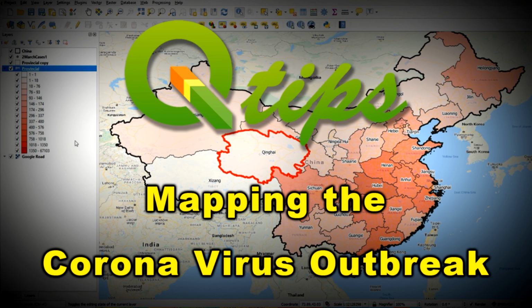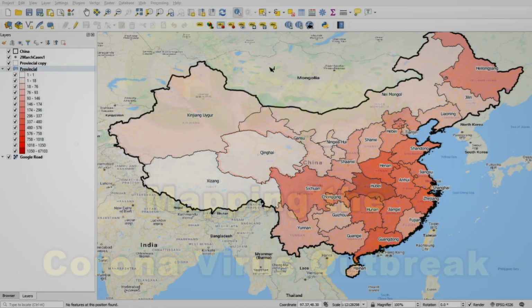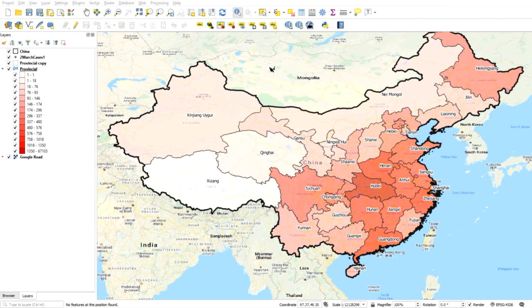Okay, so in this video example, I want to show you how you can go online and download some spatial data and also get hold of some other information. In this example, I'm going to get the provinces from an online source. I think it's DIVA-GIS is the source I use, and get those shapefiles, add them to a QGIS project, and